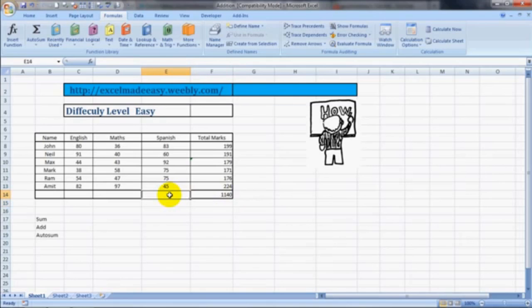See, I'll do it again. Alt equal to, enter. This is a nice trick to know. It's a magic trick. So this was the formula, how to